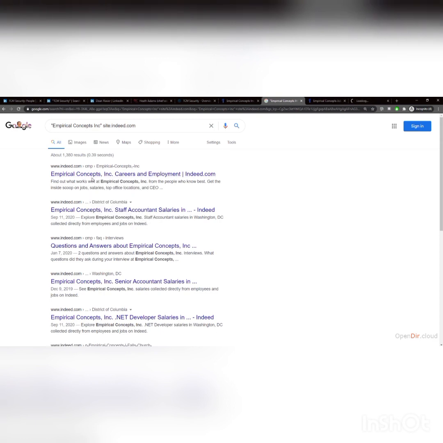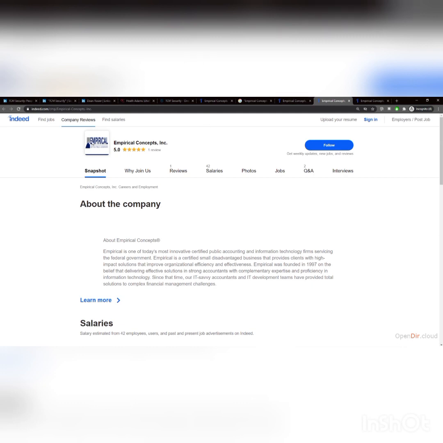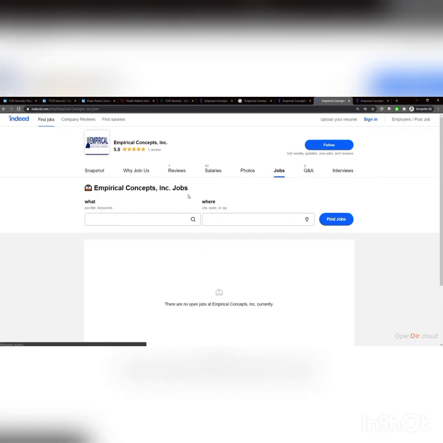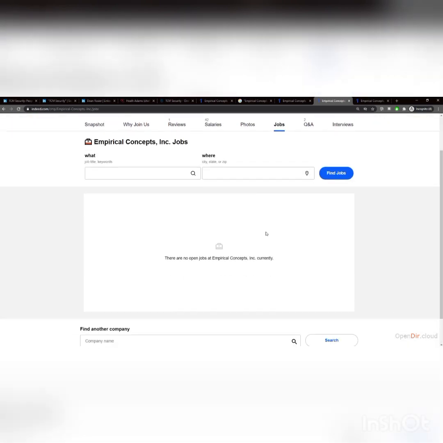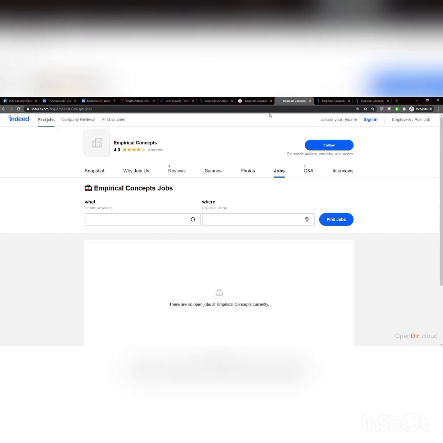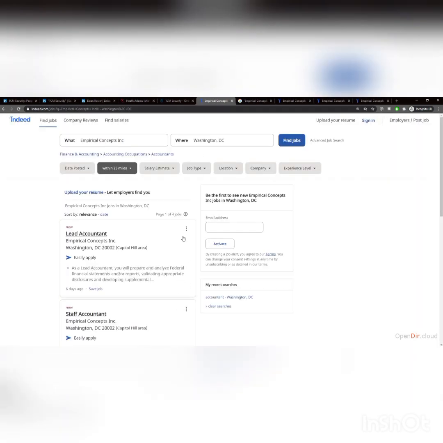Okay, so if we come here, there's that one. This one brings up jobs. But if you're looking at this one and you go here, you could tell this is certified public accounting. This is the one that we were looking for. If you look at jobs, it doesn't show any jobs for them. Though we know there are open jobs because we saw it right here. So it's better to search in Indeed, at least, for the jobs and where you're looking for that company.